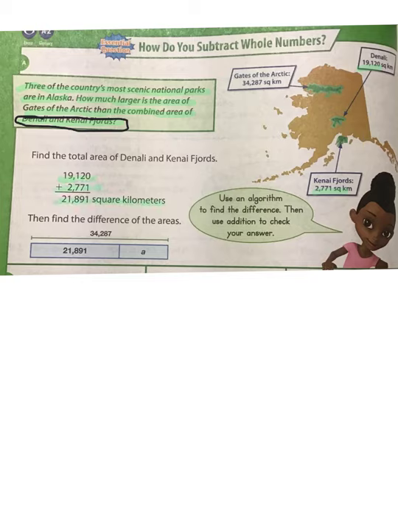of their square kilometers, and then take that, which is right here, and subtract it from the area of Gates of the Arctic, which is 34,287. When you set up your problem, make sure that you line up your place values. We have 34,287 minus